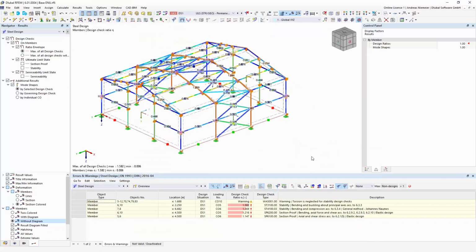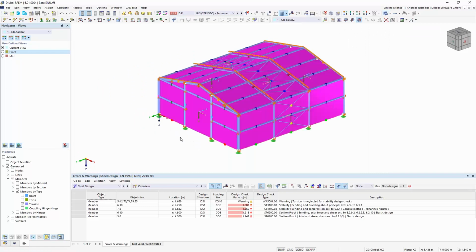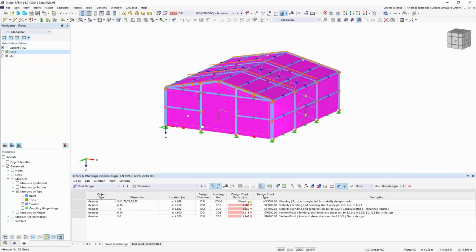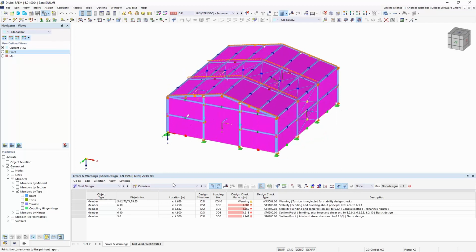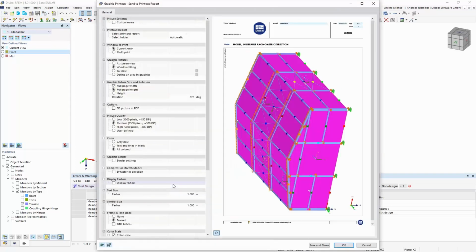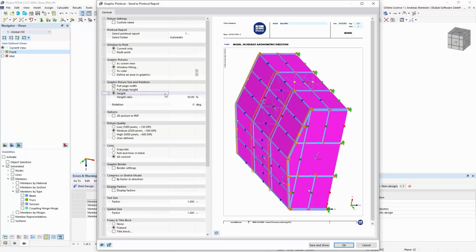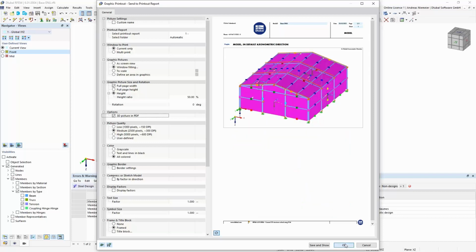The same you can do, for example, for a model plot. So a model plot is also possible. So I deactivate it here, maybe I activate the distribution services, and now I can print into the report and say maybe I deactivate this. I want to have a 0 rotation. I want to have a height of 50% of the page. It should be done window filling, but it should have a 3D option, for example. Let's check if the preview is fine. And yes, and overtake it in the report.